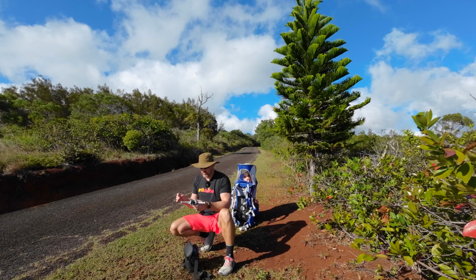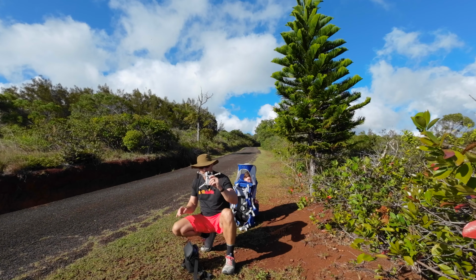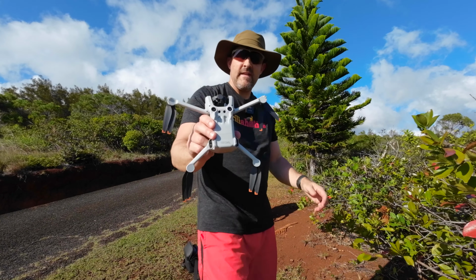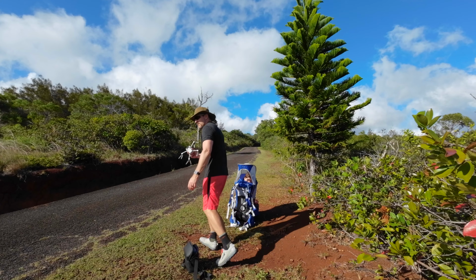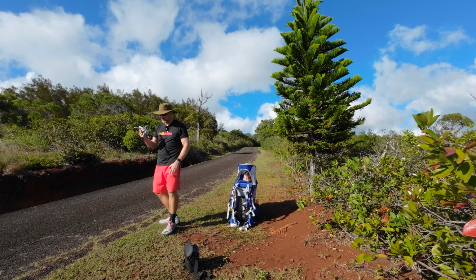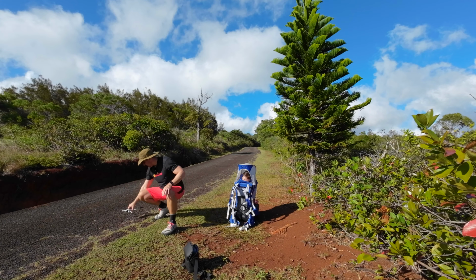But in terms of the weight, I mean, this is 249 grams. I did get the kit that has the extra oomph batteries that takes you, I think, to 270 grams. But I do also have the 249. So if you're traveling in an area or in a country that doesn't like the heavier drones, then this is kind of the perfect solution, especially if you're going to travel around the world or you don't know where you're going to go. And really, to future-proof you, and with all the rules and regulations that's going on today with drones and everything else,